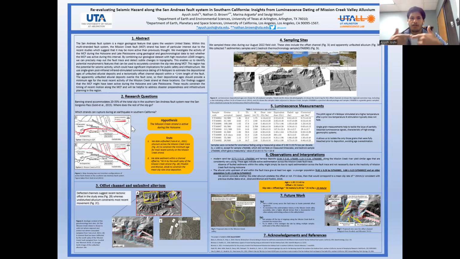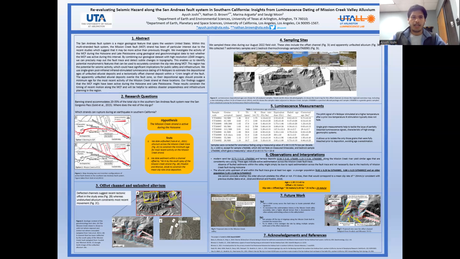And whenever an intact fault gets divided into multiple strands, it becomes a really complicated situation, because the slip which was initially getting transmitted along an intact strand now gets partitioned along multiple strands, and it becomes really important to understand what percentage of slip is passing through each of these strands, because that directly affects the seismic hazard of the places which lie in the vicinity of these fault strands.